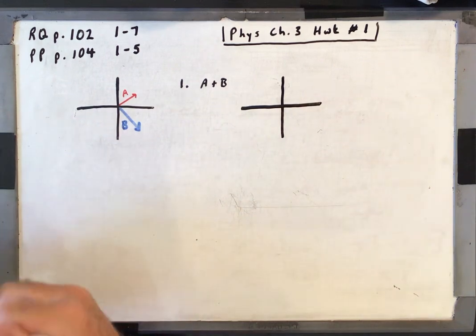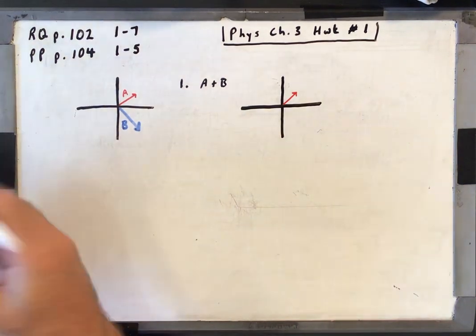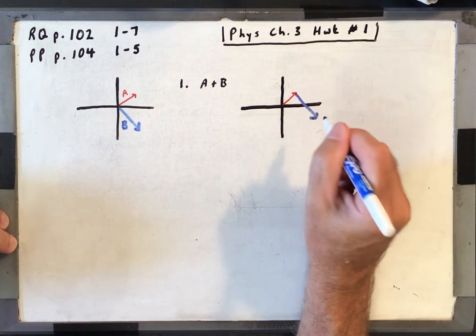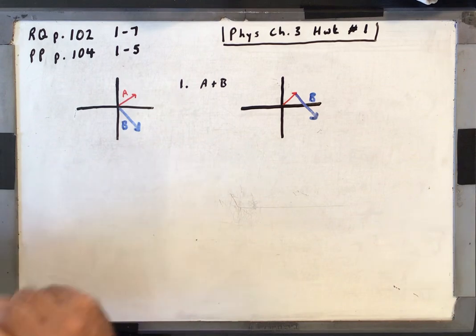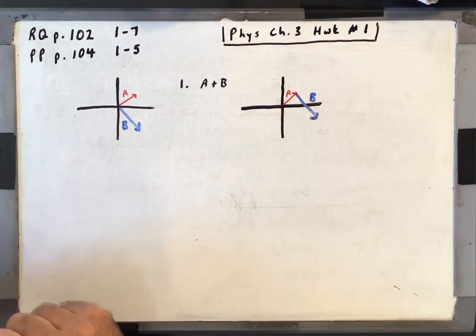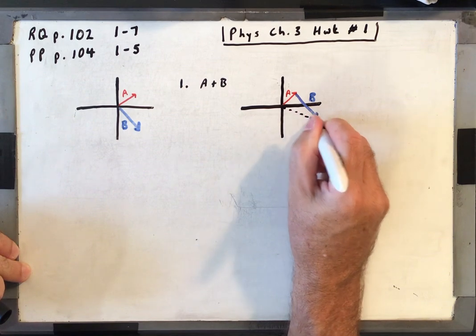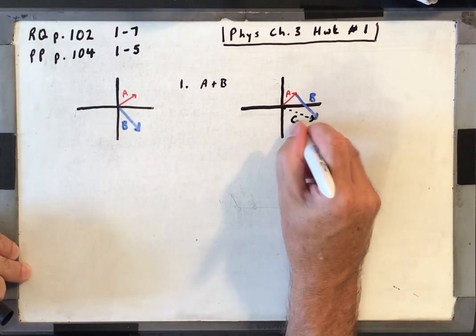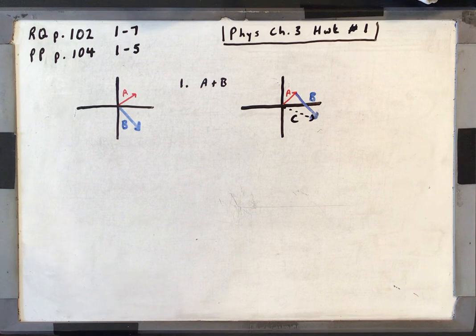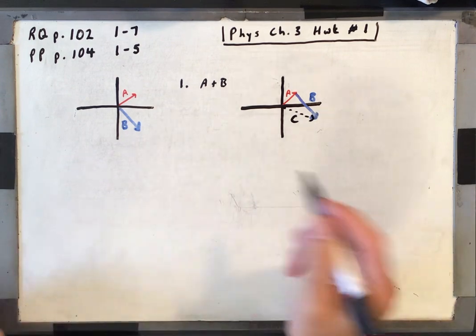If we were to draw that, if we slide B over, right, and we put it like this, same angle, our resultant vector, we go from the origin, want to do a dashed line from the origin to, and we'll call that C. So it's going to end up in quadrant 4. This is a useful exercise to do, you'll see with the next set of homework, because it'll tell you where